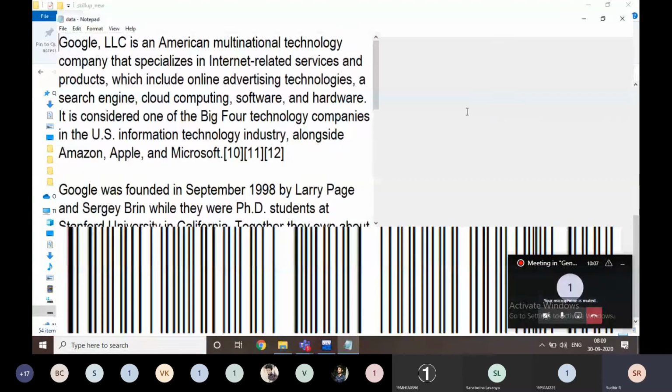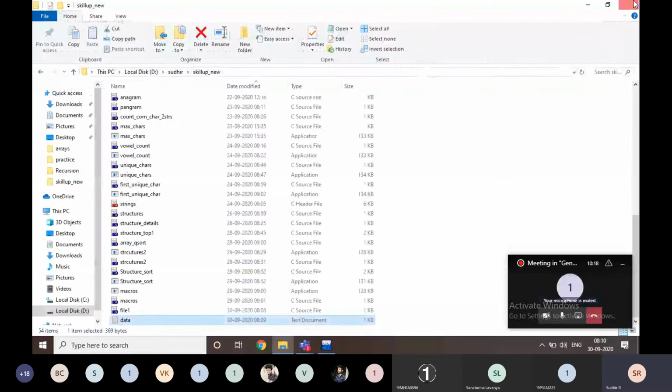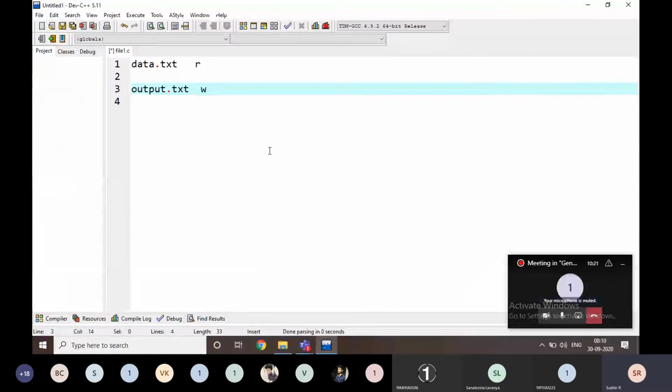Not this much content, this is enough. Then again I'm going to add the same content to this one. For example, we have to go for append here.